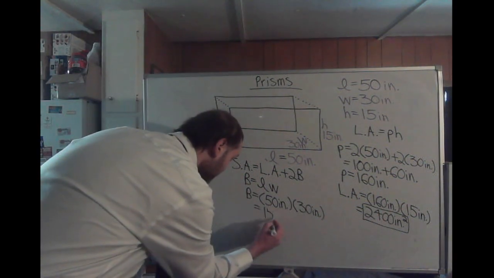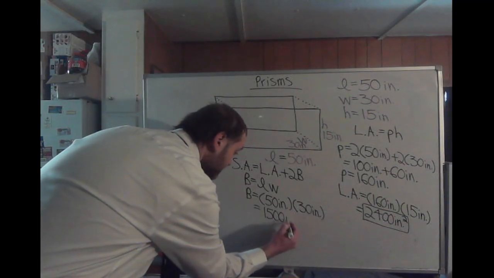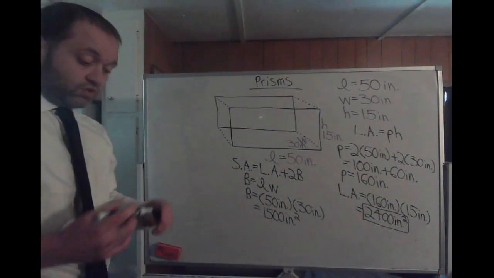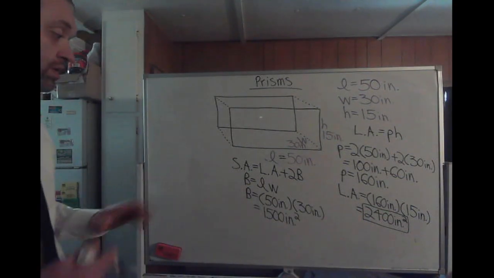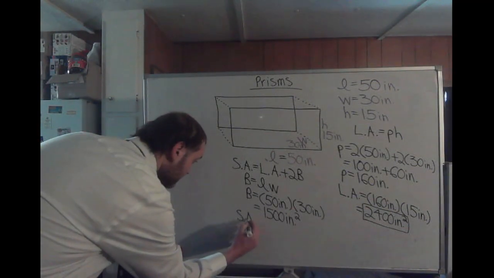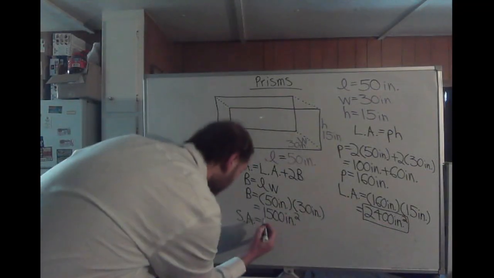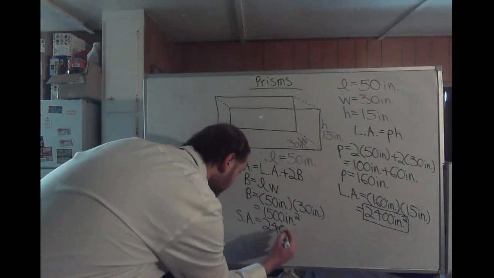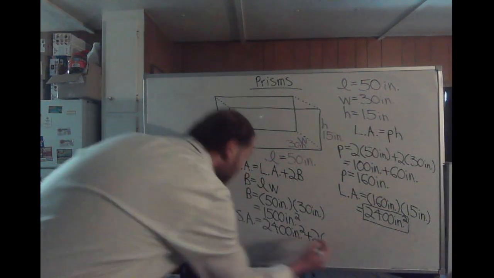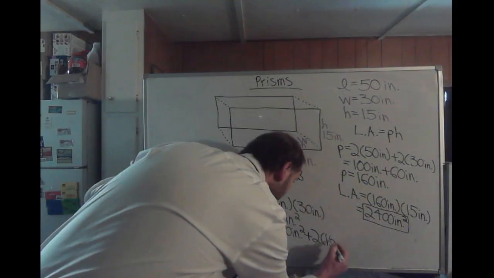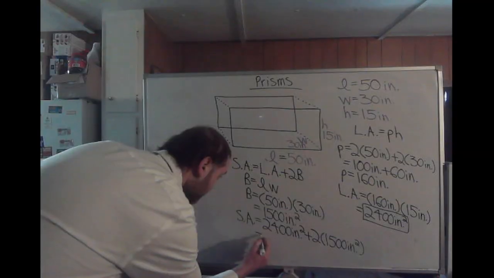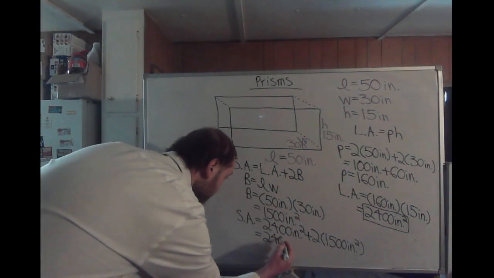Well, what is 50 times 30? That's going to be 1500. And then inches times inches is square inches. So the area of the base is 1500 square inches. Now we can go ahead and find the surface area, because the lateral area is what? 2400 square inches plus 2 times the area of the base, which was 1500 square inches, which would give you 2400 square inches